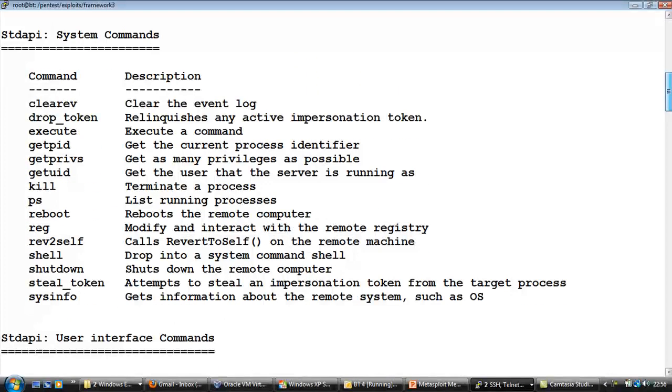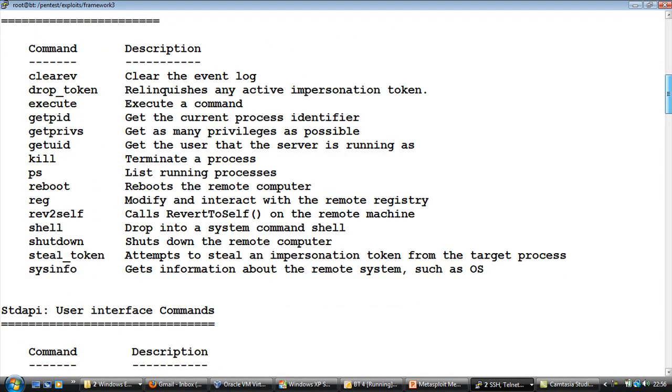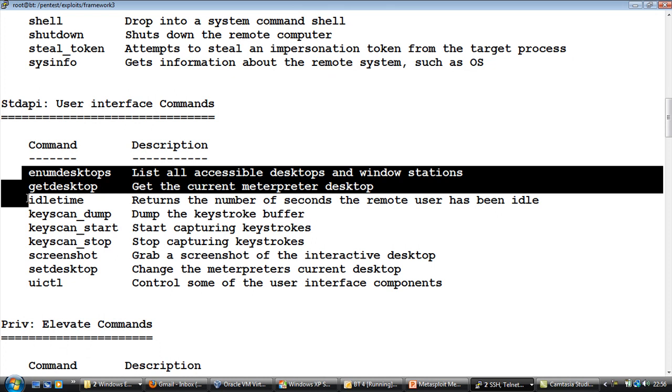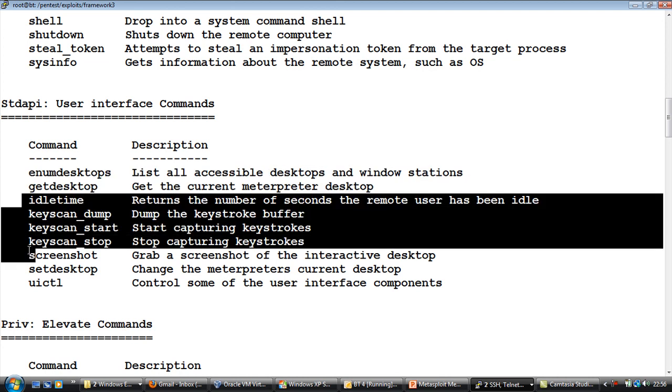So we've looked at the system commands as well. Now comes in the user interface commands. Now in user interface, there are a couple of commands relating to desktops, which we will look at in the next video, because there is some technical background you need to know before we can move to these commands. Now, interesting commands here include these